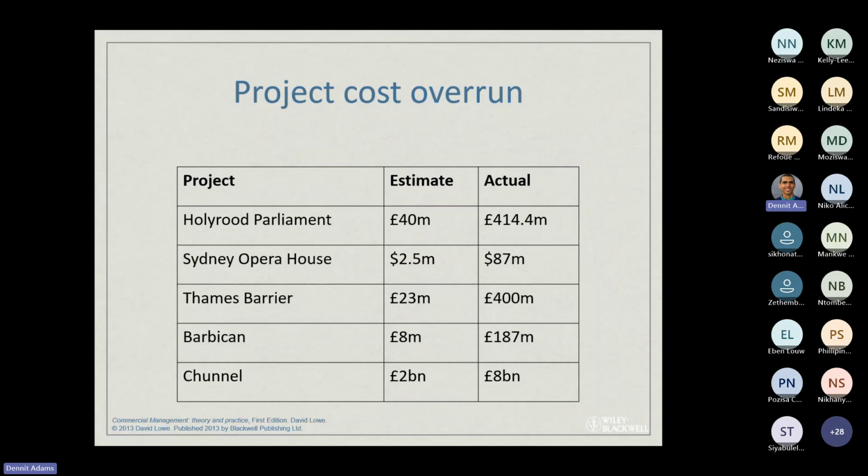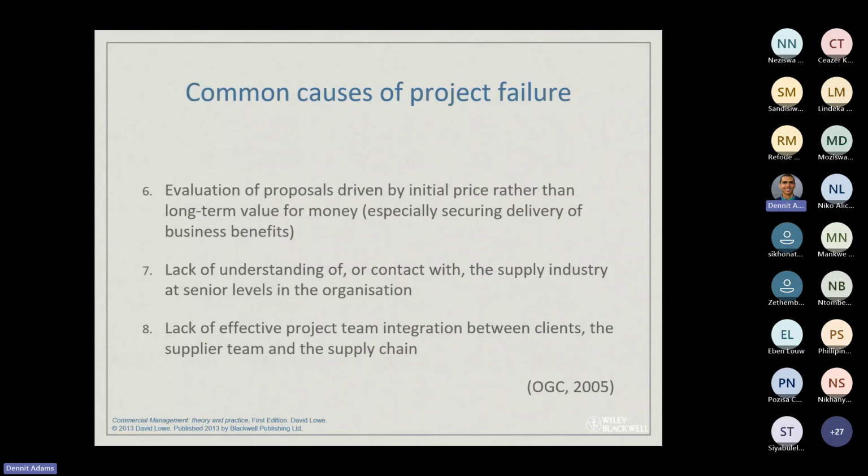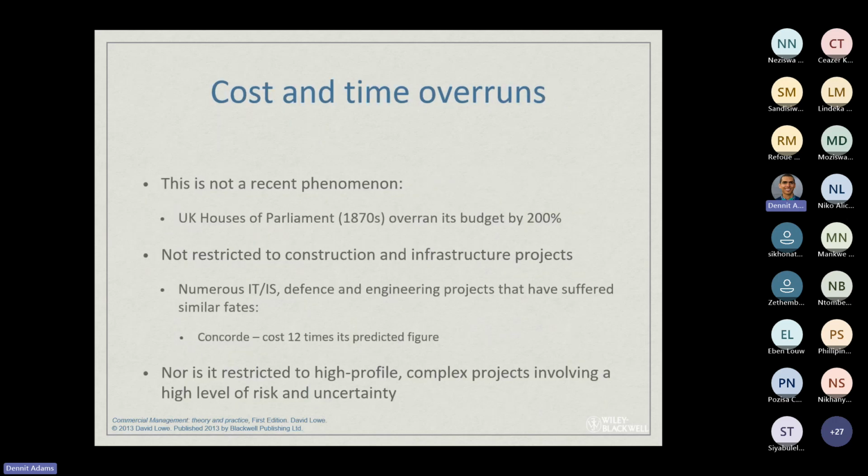That's mega bucks. Anyway, some major cost implications there. And why did these projects fail? How did they fail? How did people do such a bad job of estimating price and mitigating risks? And it stems back to all of these things here, the common failures. And not one, not two, probably three or four of them coincide to make a very, very big difference.